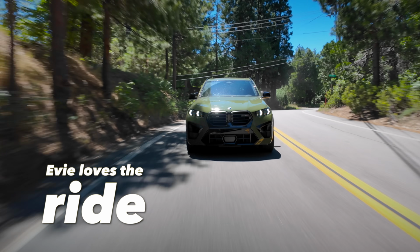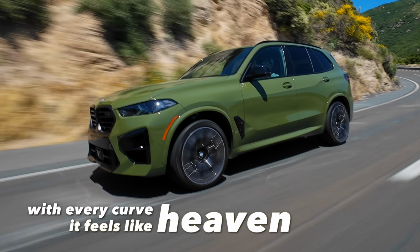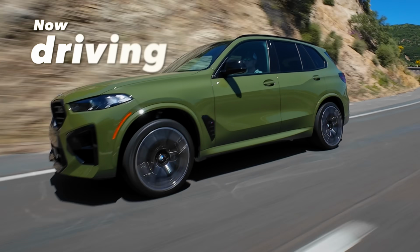Evie loves the ride. With its every curve, it feels like heaven. Now driving,